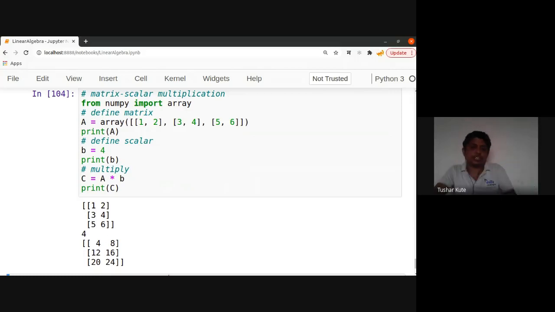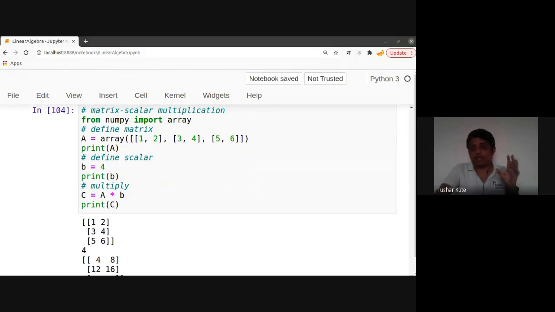So 1:1 multiplication is there also. So make sure vector matrix multiplication is different, scalar multiplication is different, matrix multiplication is different, and matrix Hadamard multiplication is also different. So depending upon the requirement of a statistical algorithm or machine learning algorithm, a specific method of multiplication is preferred. That's what we need to remember here.